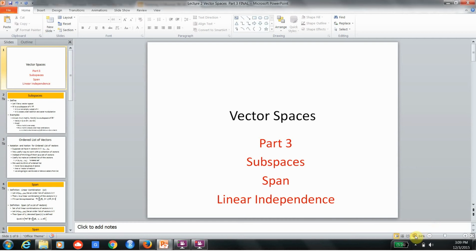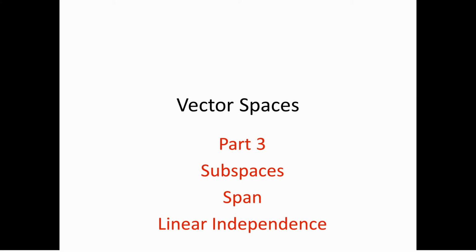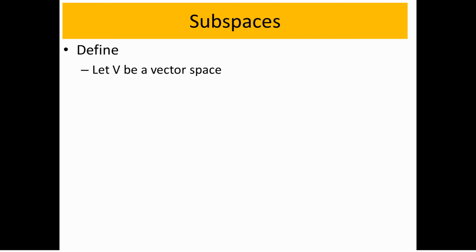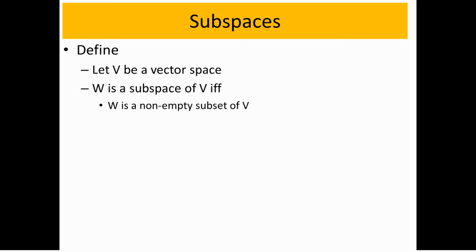Now we want to move on and look at some fundamental notions when we're talking about vector spaces. The three main ones are the notion of a subspace, the span of a collection of vectors, and linearly independent set of vectors. So first we're going to define a subspace, and we're going to say that given any vector space V, W is a subspace of V